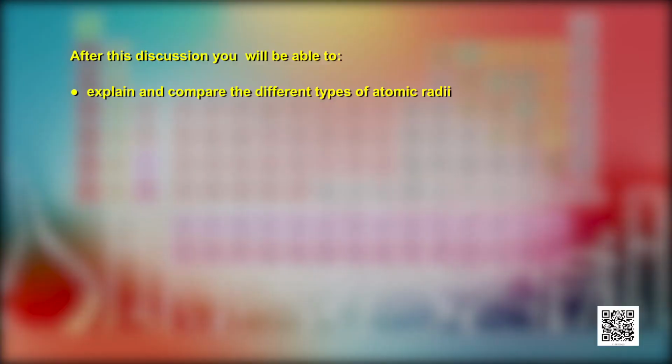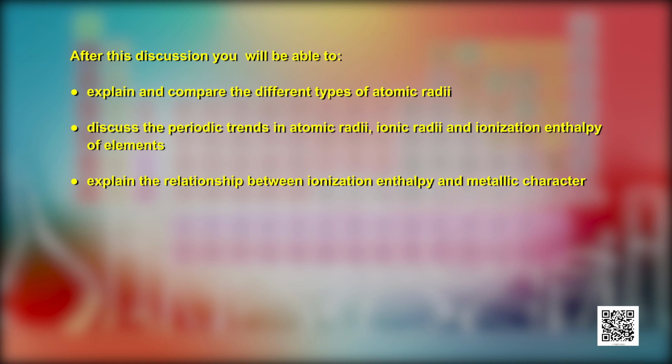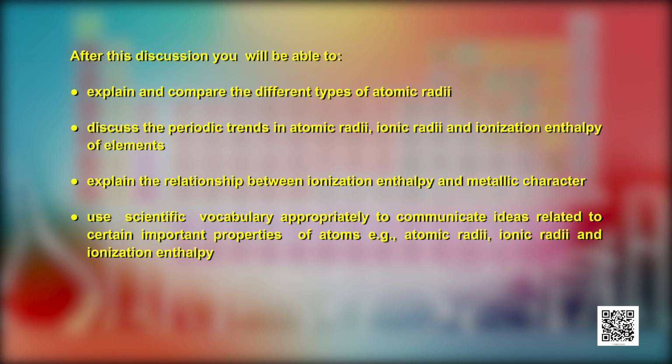After this discussion, you will be able to explain and compare the different types of atomic radii, discuss the periodic trends in atomic radii, ionic radii, and ionization enthalpy of elements. Explain the relationship between ionization enthalpy and metallic character. Use scientific vocabulary appropriately to communicate ideas related to certain important properties of atoms, for example, atomic radii, ionic radii, and